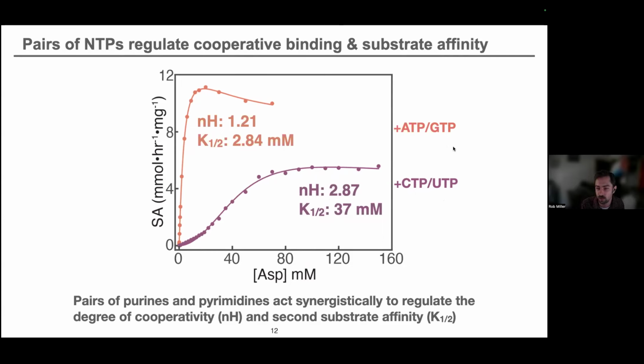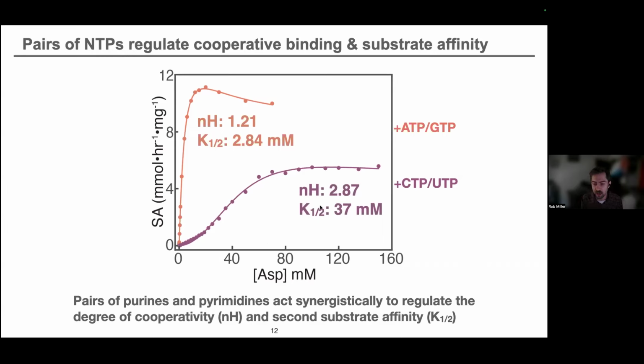If we contrast this with our purine bound state, this ATP GTP bound state, the kinetics become Michaelis-Menten-like qualitatively, and this Hill coefficient begins to approach 1, suggesting that cooperativity with respect to aspartate is effectively abolished. And what's more, we can see through this half saturation value, which we can think of effectively as the concentration at which half of our population of enzyme is turned on,